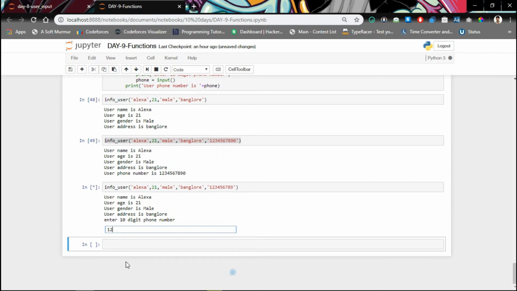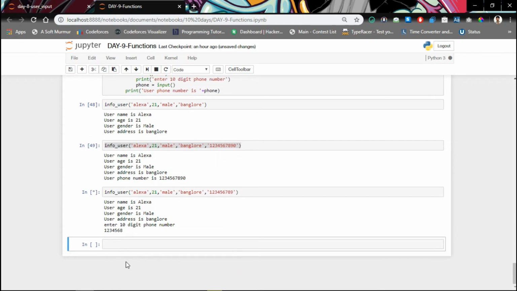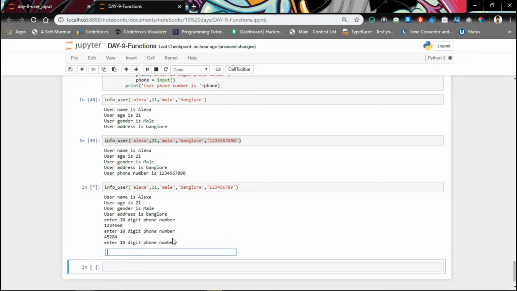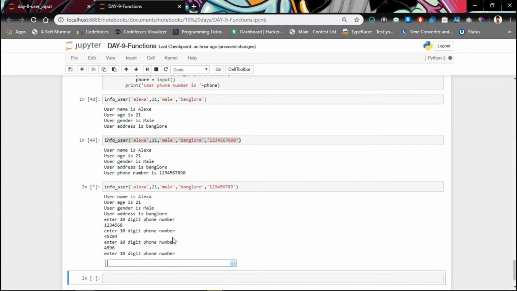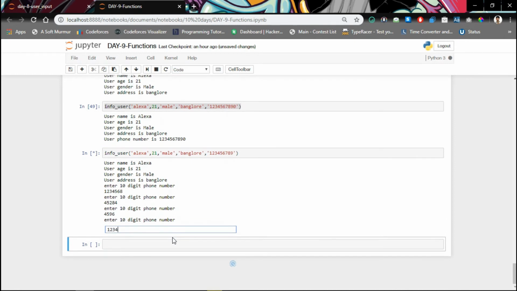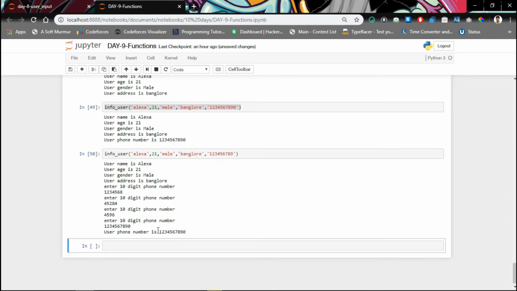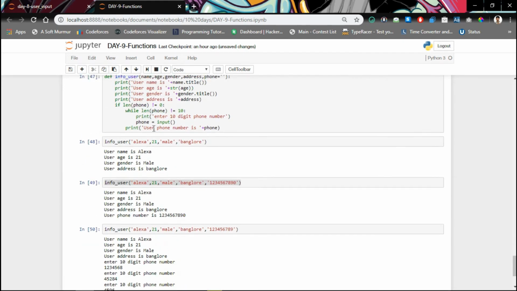You have tried 10 digits. Let's say if you add here, "Enter 10-digit number." You can write anything, "Enter 10-digit number." But if you write a 10-digit number 1 2 3 4 5 6 7 8 9 0, it will work. Their phone number is, so you can also use here that no